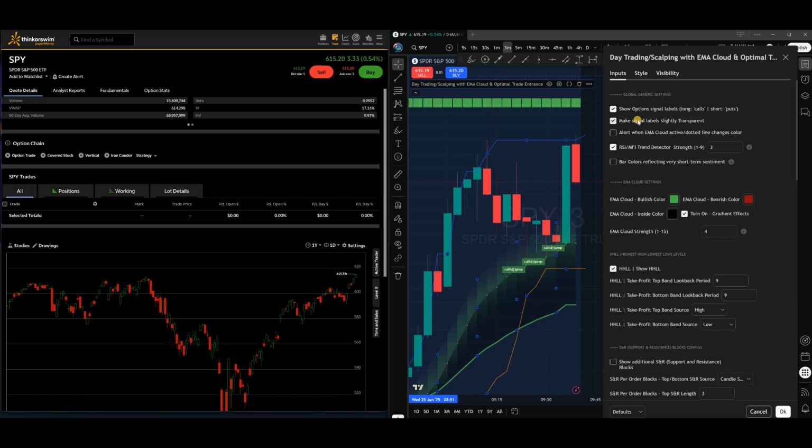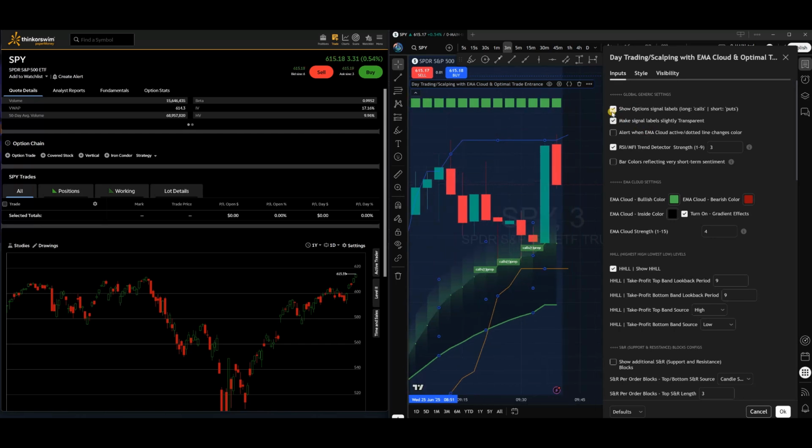Now it includes, for example, show option signals labels, which is what you want to use when trading options, or I mean, whatever works best for you. If you turn it off, these labels will have long short instead of close put. So let's just leave it at options, as if you do scalping,